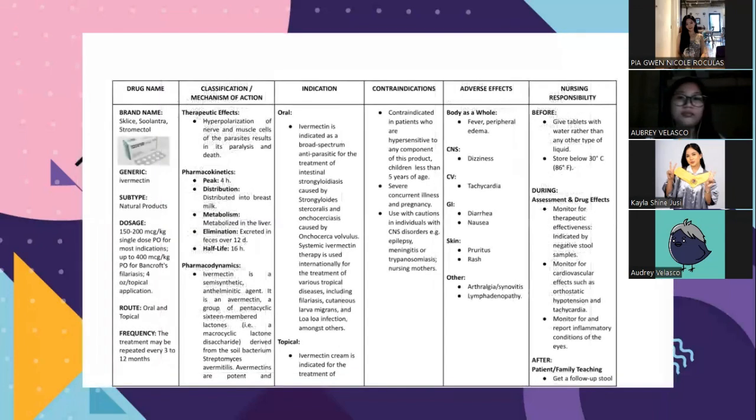Next, proceeding to the fourth type of anthelmintic, the natural product. Under this subtype is a very familiar drug called ivermectin during the COVID-19 pandemic. It is used to treat people with intestinal strongyloidiasis and onchocerciasis, two conditions caused by parasitic worms. In addition, some